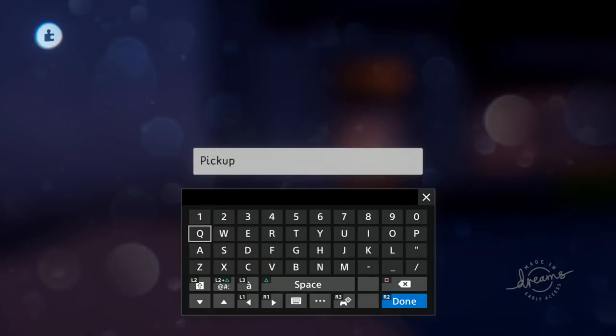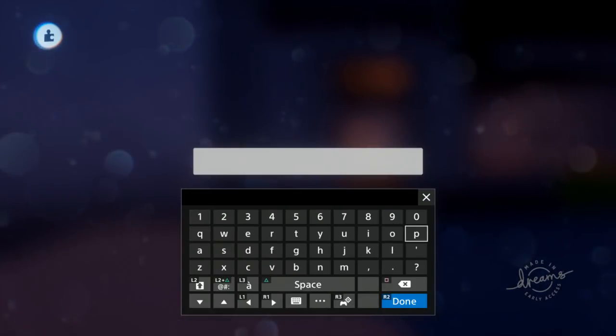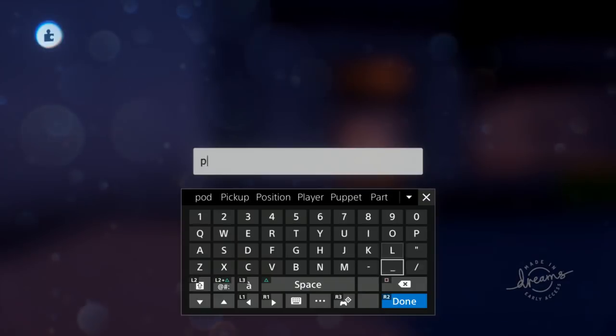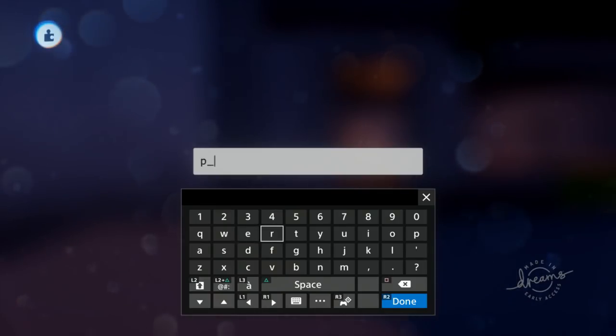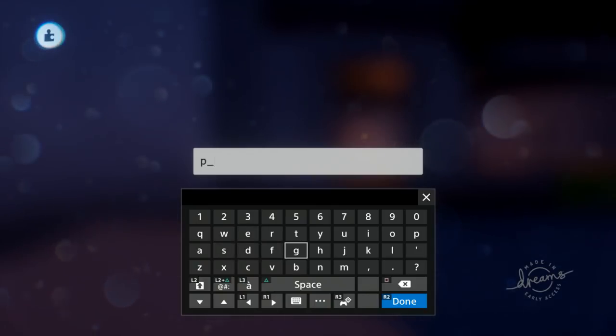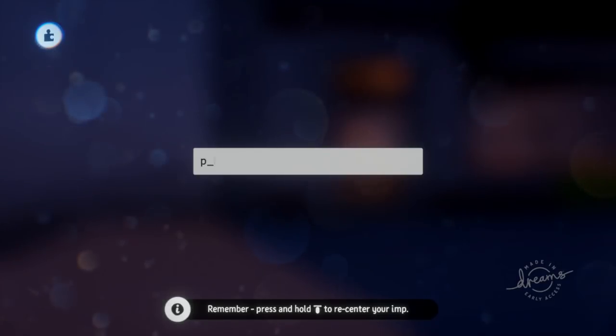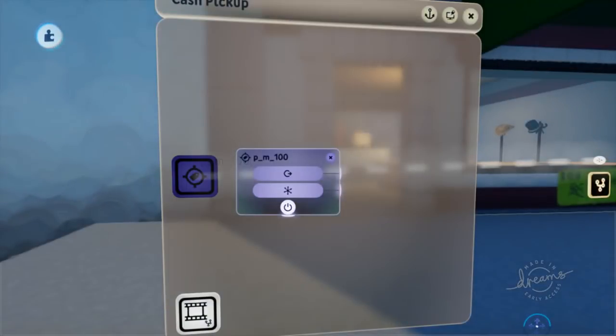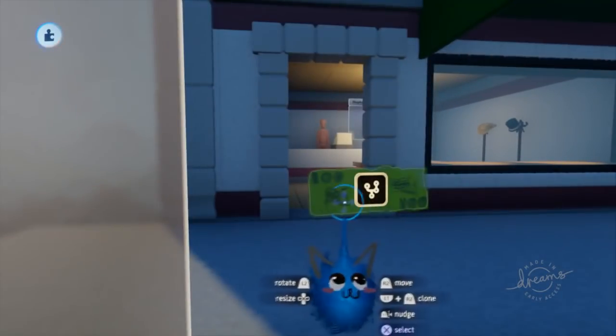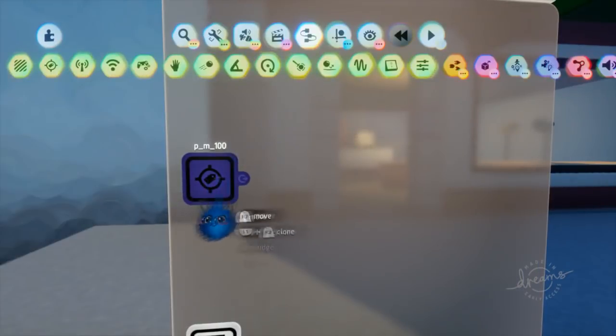So we're going to do pickup, or I like to do P underscore. It helps to find everything you're doing alphabetically when you're searching for tags in the selection menu. So we're going to do pickup underscore M underscore 100. So that's pickup money 100. So we'll get $100 from this $100 bill. And then when we are detected,